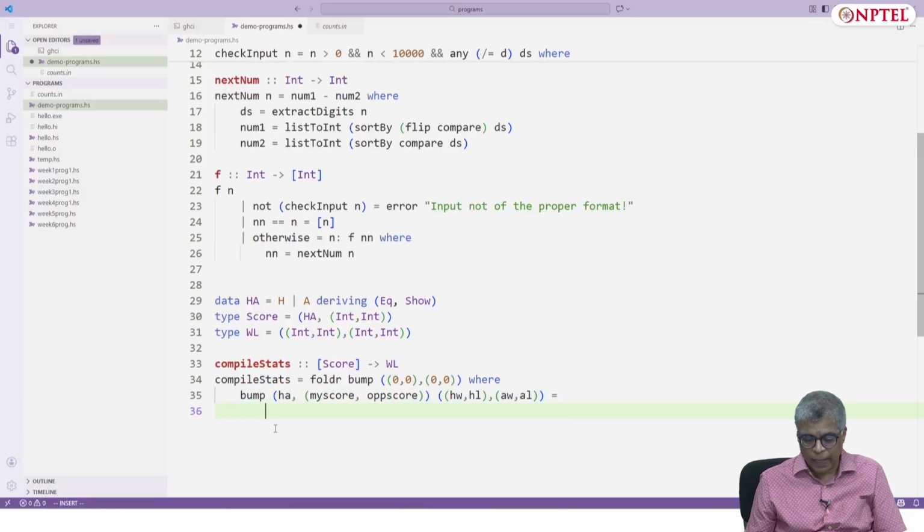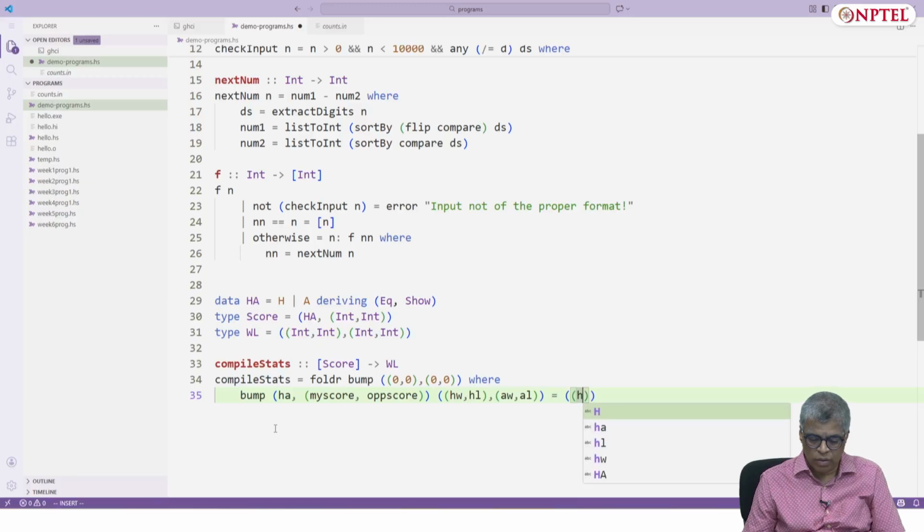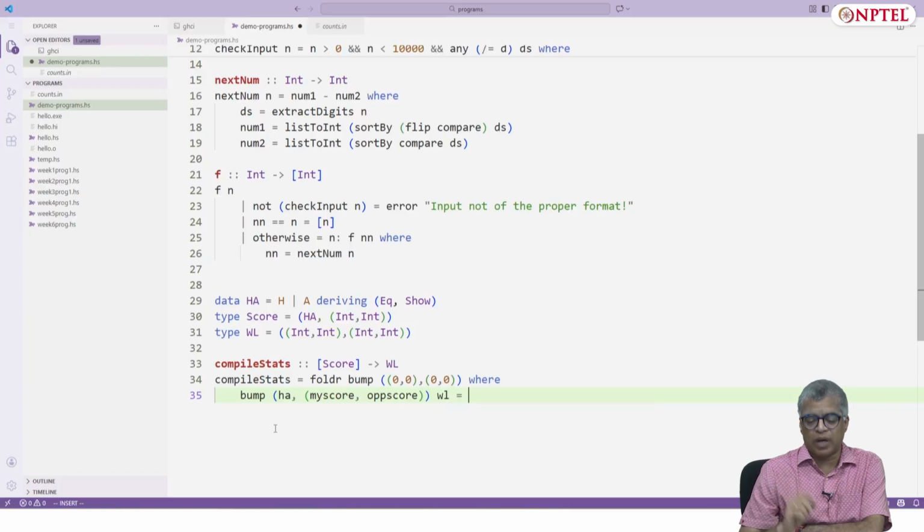How do I bump it? You could just say something like this: my existing win loss record, which is a pair of pairs, and what I can do is add win losses or bump win losses, I can call it whatever I want.